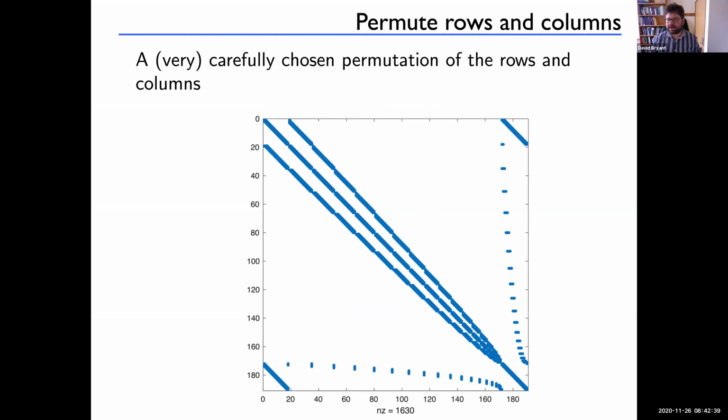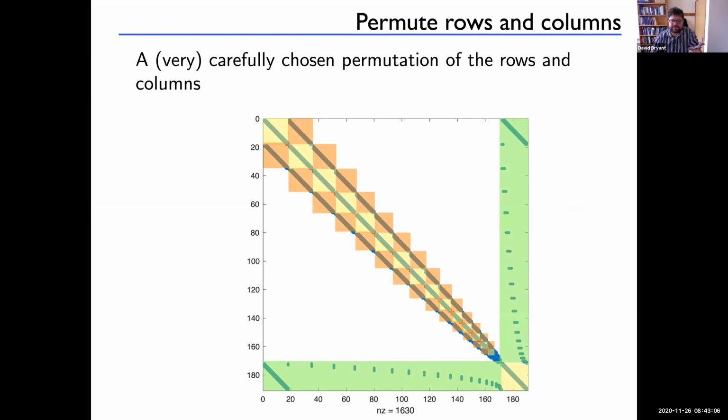Now I'm not describing an awful lot of dead ends here, but just to say that a very carefully chosen permutation of the rows and columns restructures this matrix. So now in this top left, we get a nice sort of 3 diagonals. It's not tridiagonal, it's 3 diagonals because they're not next to each other, and then some sparse matrices. And you can sort of recognize the structure here.